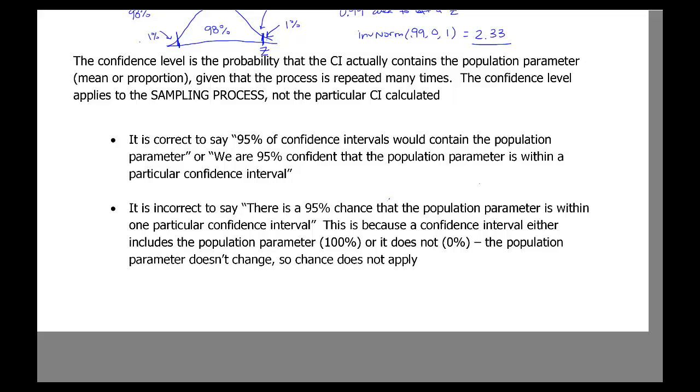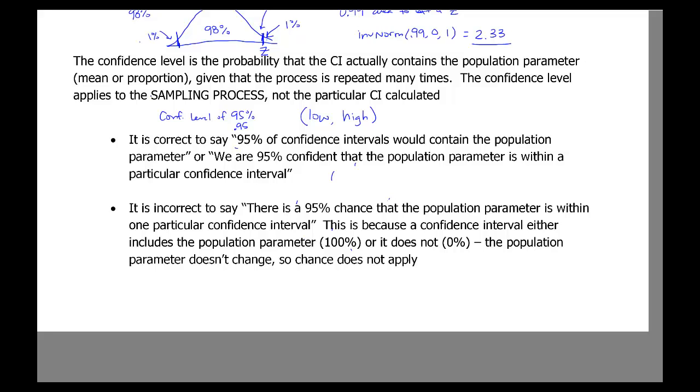So if you have calculated a particular confidence interval, we have a confidence interval that goes from some low number to some high number. If we did that with a confidence level of 95%, or 0.95,